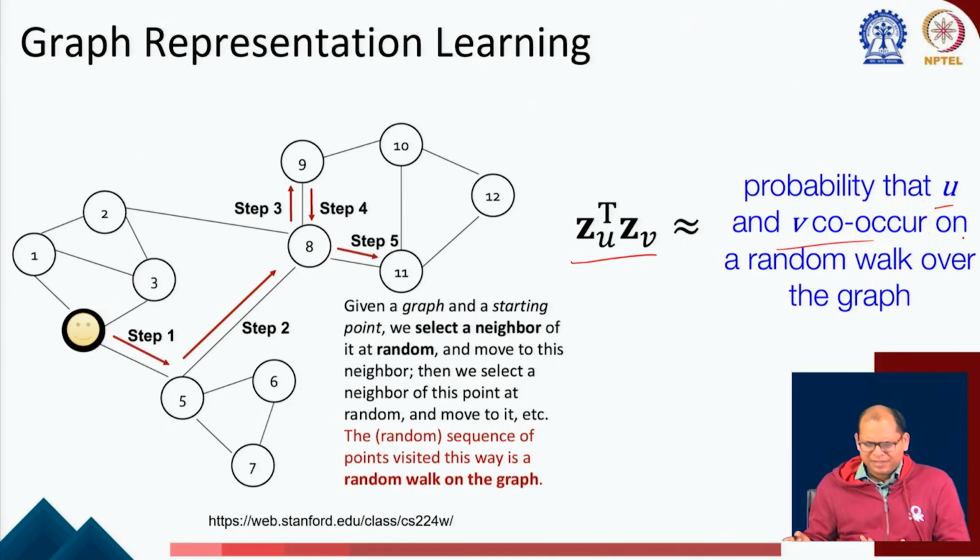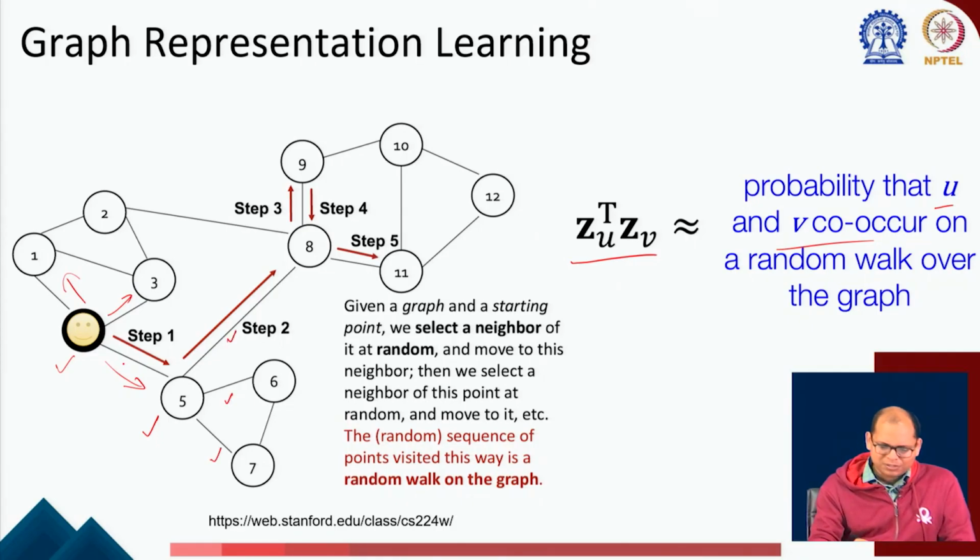What's a random walk? Suppose this is your graph. You start from a point, let's say I start from here, and it has certain neighbors. So this has 3, 1 and 5, and you can select a neighbor at random. That's why it's called a random walk. Let's say I select 5. Then again I select a neighbor at random, so it has neighbors like 6, 7 and 8, again the previous node, but let's say I select 8. So my walk is going like this, and then this,